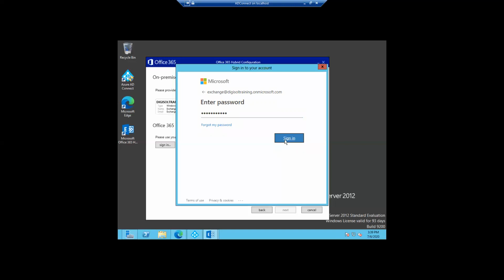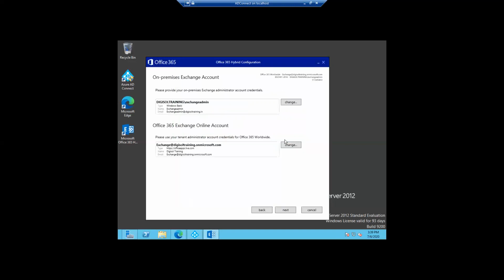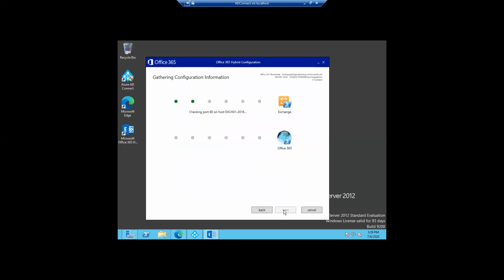Clicking on sign in. Now both on-premises and online credentials have been put in. Then I'm clicking on next. It is checking. Okay, it will give me the detail. It is succeeded, both on-premises and online are succeeded.